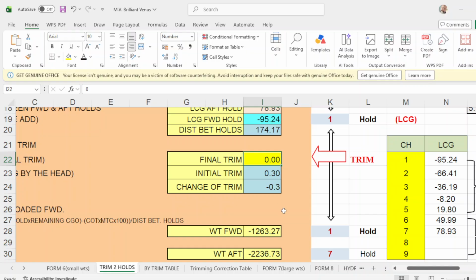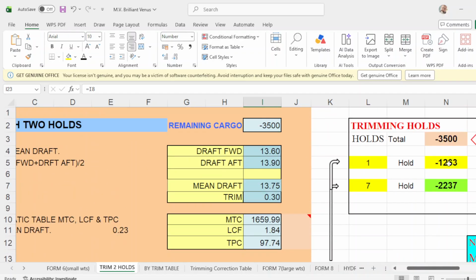Say you want a trim of 10 centimeters. How much are you going to discharge in number 1? That will be negative 1,358.